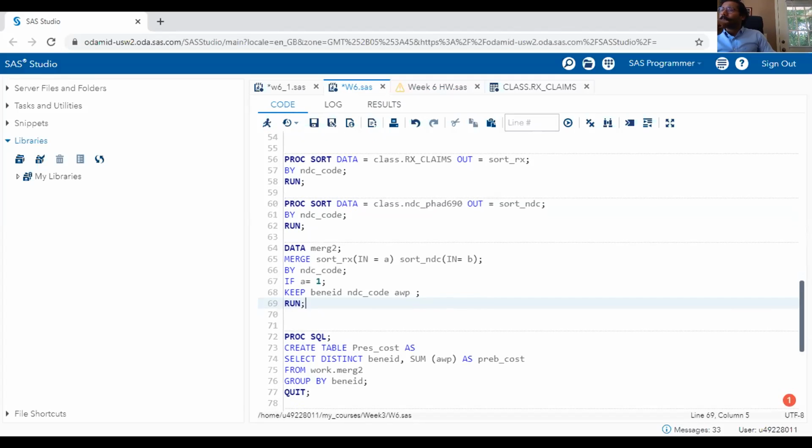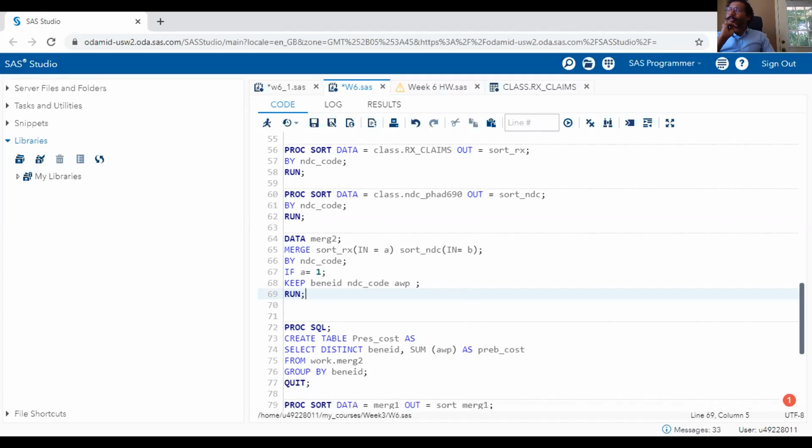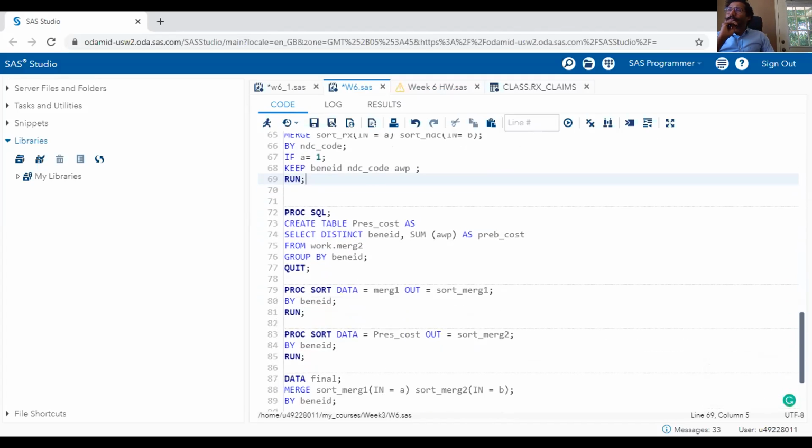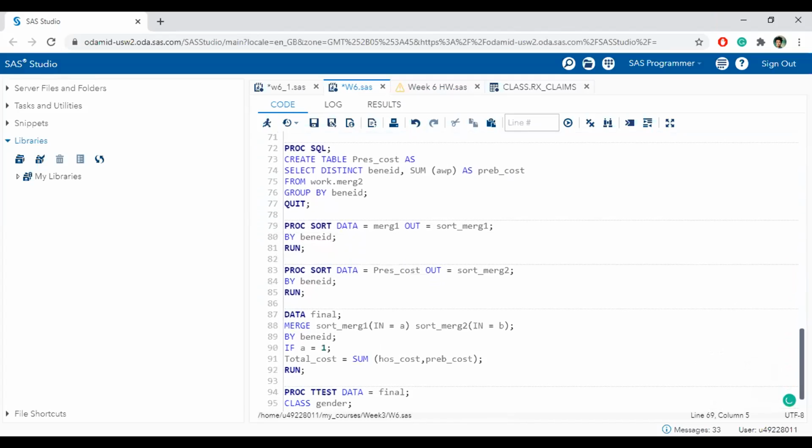Okay. I don't see anything here that could be an error. Can you scroll down? Maybe in the next step we'll find something. Next step is a small thing. Okay. I just sorted both the data sets.